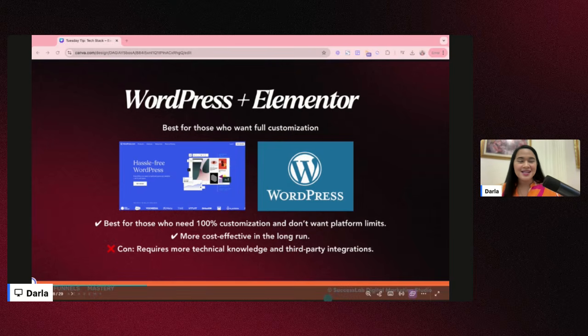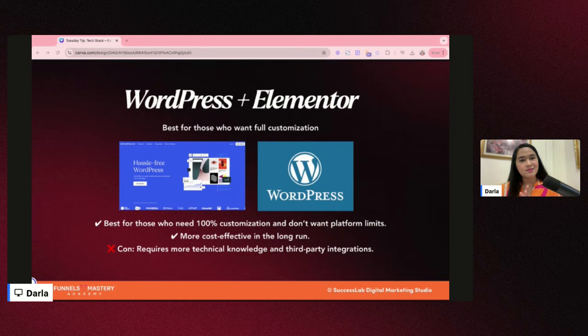Okay? Alright, that is for WordPress and Elementor. And yun pa pala, nakalimutan ko pang i-mention, if you use WordPress, it's free. But Elementor, it's not free. You have to purchase it. So you have to purchase the domain, the hosting, the Elementor account, and you have to maintain email marketing. You have to maintain the course platform. You have to buy plugins. Ang dami-dami mong kailangan i-maintain when you use WordPress. But ayun nga, again, it depends on the goal and also on the priority of you and your client.